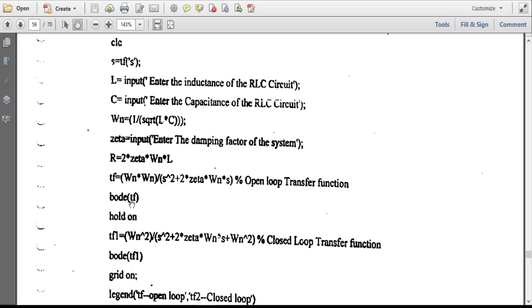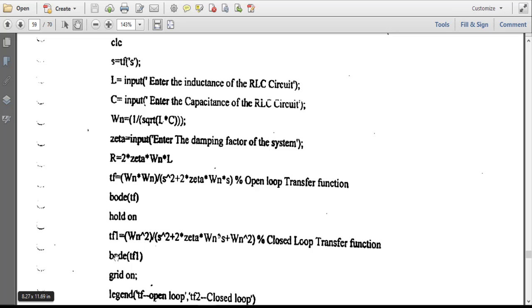That means the figure window will contain the body of the transfer function, and it will hold, because if we do not use hold on, the next transfer function we are creating is TF1. This is the closed loop transfer function.